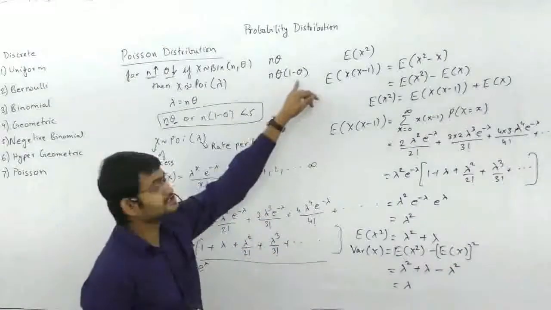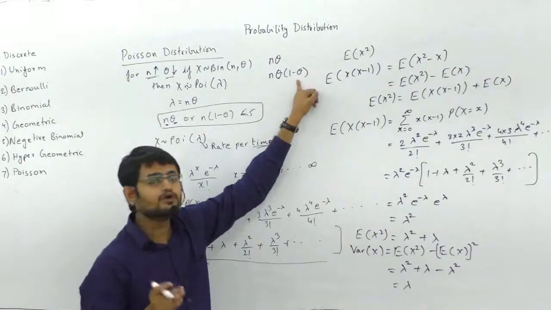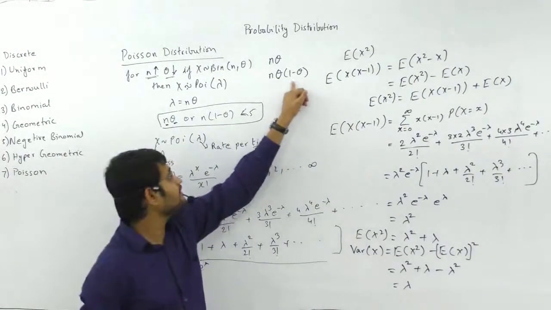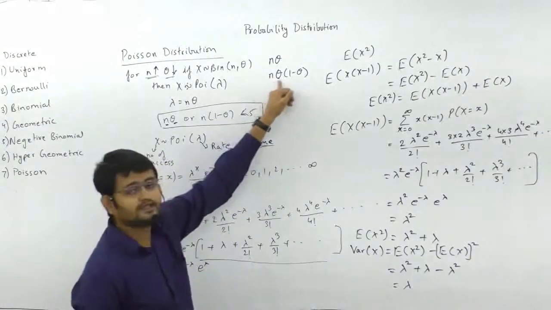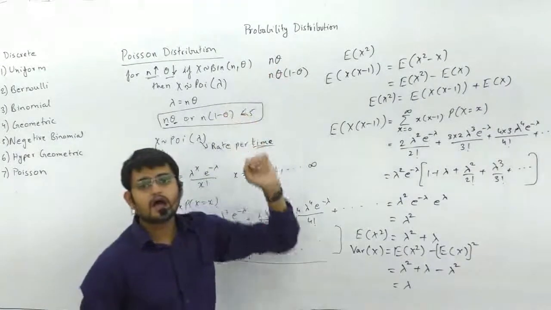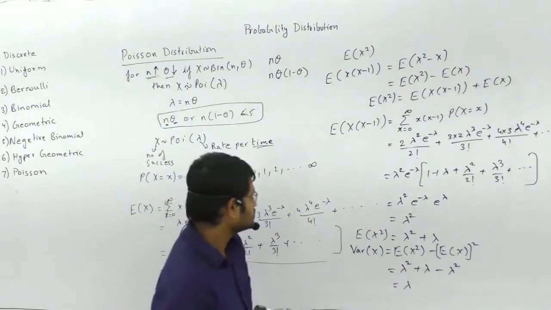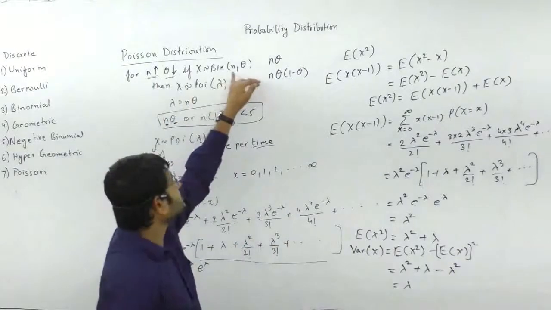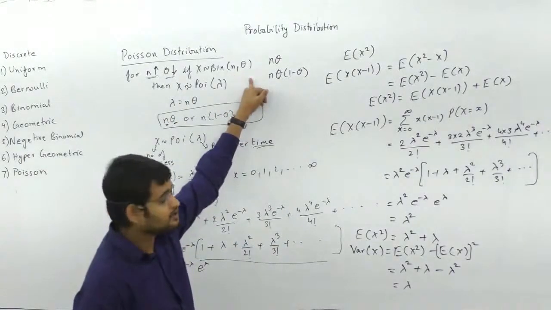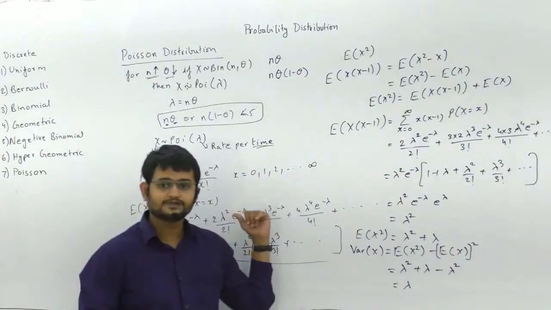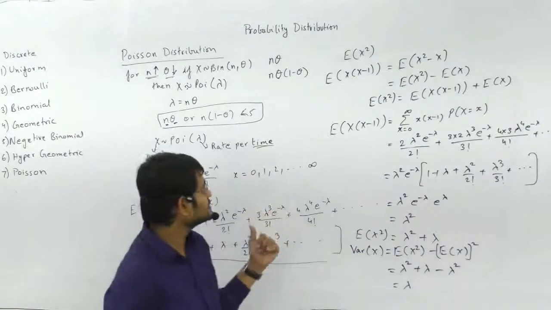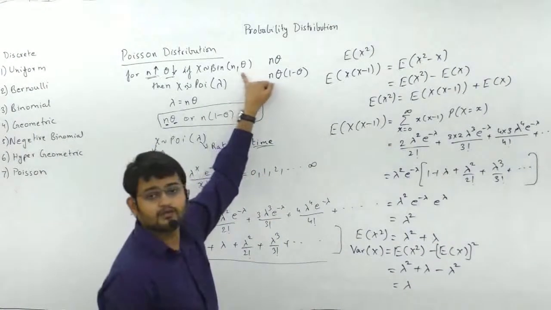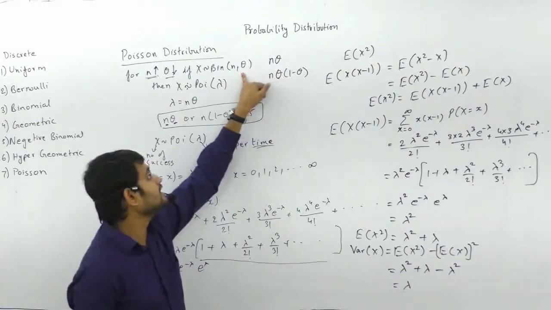Now if theta is really very small, almost equal to 0, so I can say 1 minus theta is nothing but 1. If 1 minus theta is 1, then n theta becomes equal to our expected value. Because Poisson distribution is nothing but infinite n and theta very small, therefore variance and expected value of Poisson distribution are the same. And this is the main reason we cannot convert a binomial distribution with large theta into